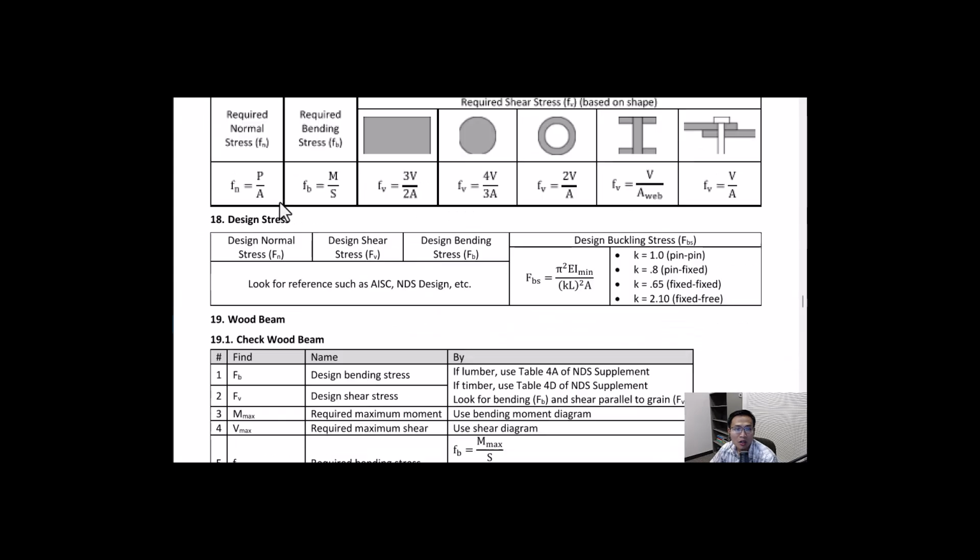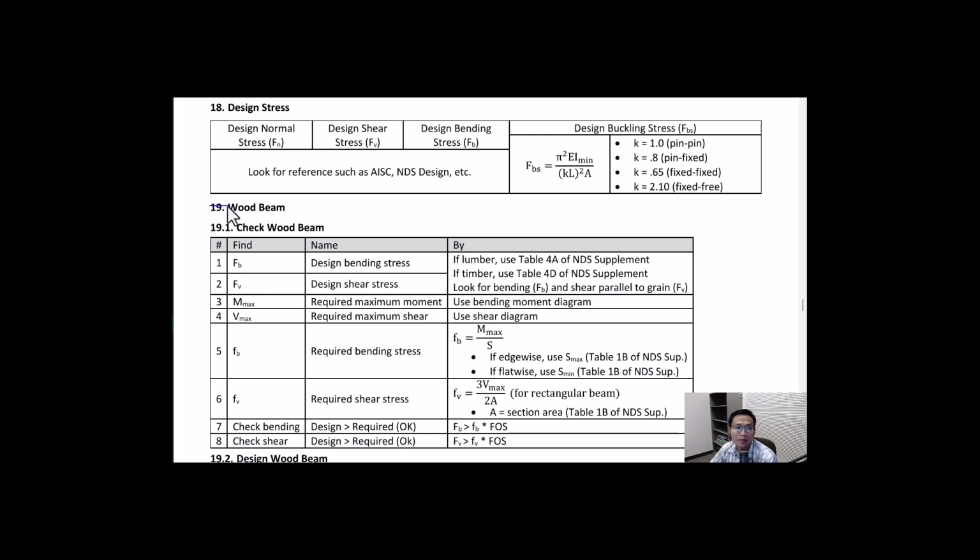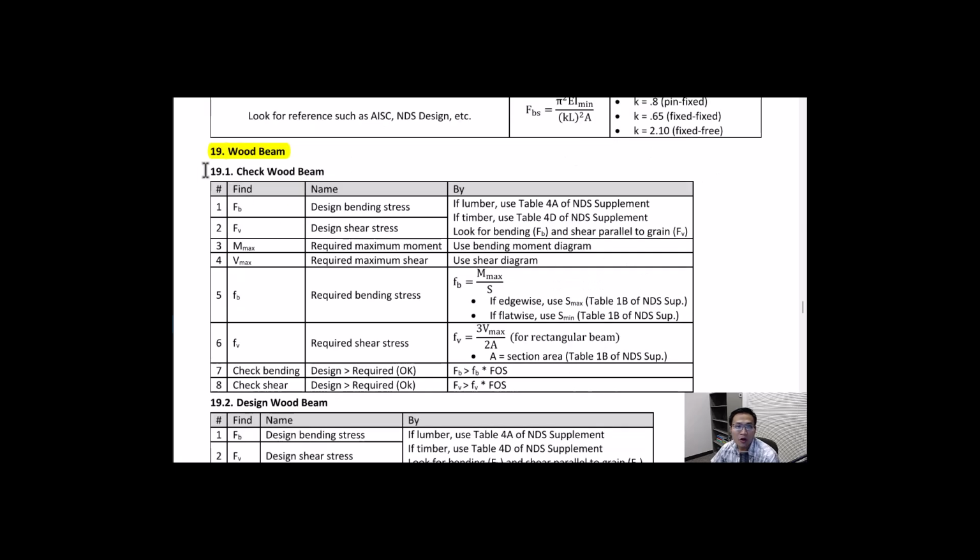This is wood column. So now you have wood beam. Check wood beam right here, and then we just follow steps similar to the steps we did in checking the steel beam. First of all, we need to calculate the design bending stress, and to check for that, you need to look for Table 4A in the NDS